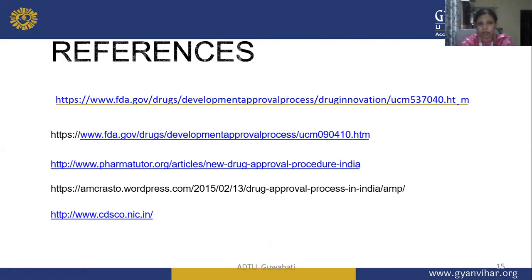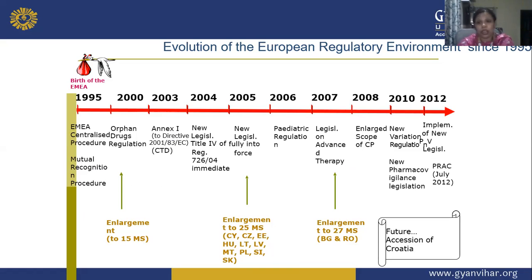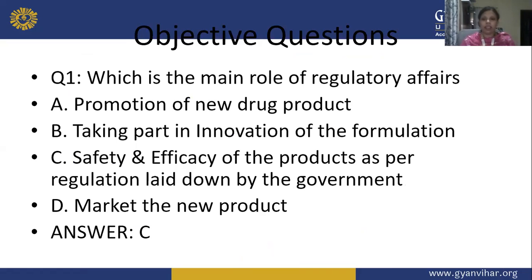Okay, so these are the references. If you want the introduction related to regulatory affairs, the role of a regulatory affairs person, and why regulatory affairs is needed, you can visit my previous video related to regulatory affairs. And if you want to know in detail about the US FDA authority, as well as the EMA, that is the European Medicines Agency regulatory body, you can go for this video. Okay. For references, you can Google about regulatory affairs, as well as you can specifically go to the sites of FDA as well as EMA for detail related to